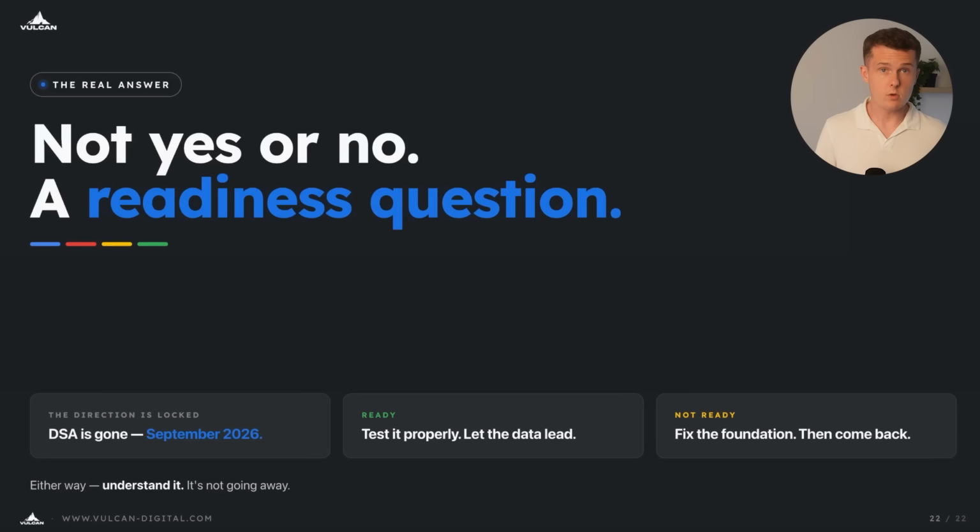So should you use AI Max? Well, it's not a yes or no question. It's more a case of if you're ready to test it or not. For those of you who've been around for some time, you would have noticed the volatility that Performance Max brought when it was initially released. We look at Performance Max now as a much more stable, predictable product from Google. This is a recurrent theme for almost all of Google's new products. They go through an initial volatility phase, then they get more and more uptake,